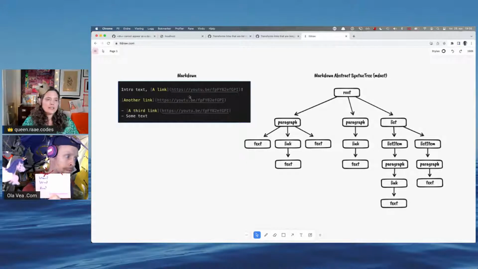So this is our test text. It's got an intro paragraph with a link inside of it. It's got a link on its own line, as its own paragraph, and then it's got a list that also has a link inside of it. Earlier this week, I fixed two of the bugs.